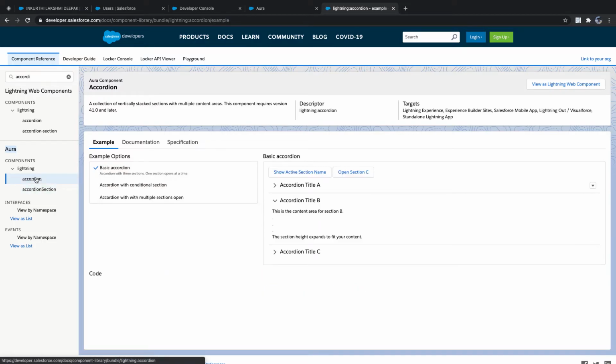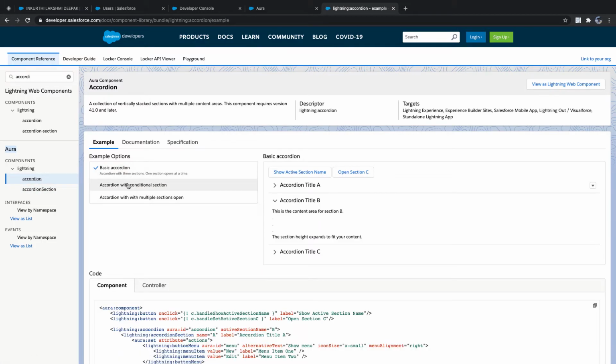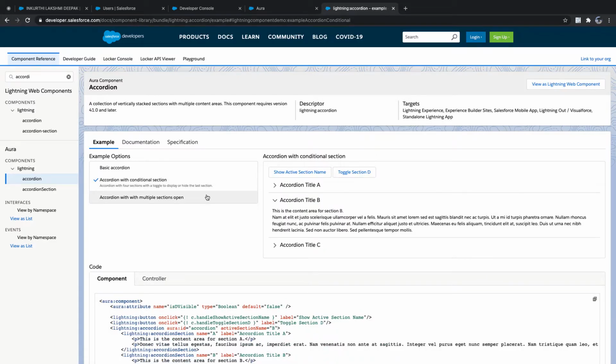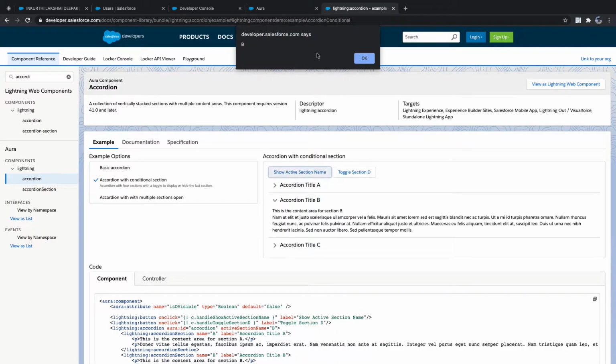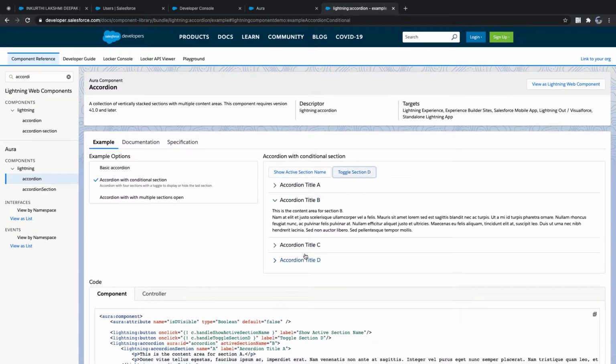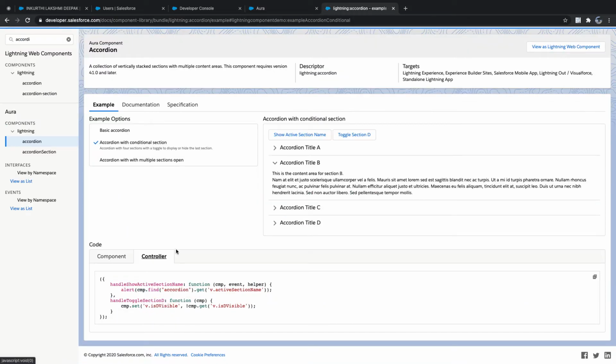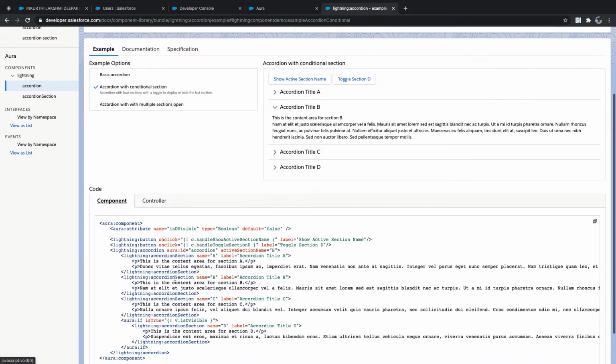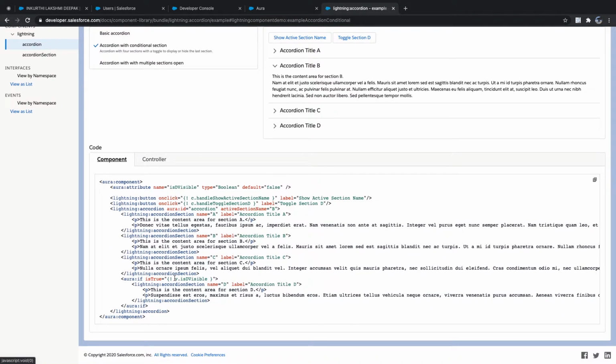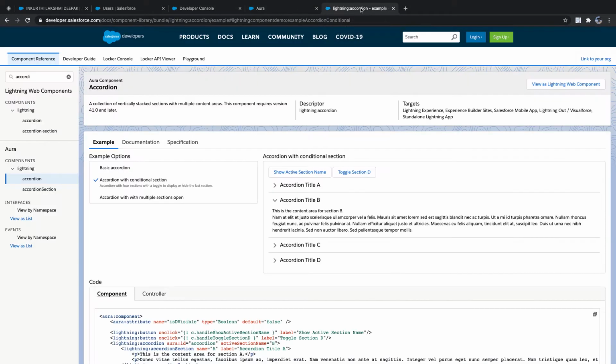You can change it. It's not something you need to pull. Let's say accordion on a conditional. I can see show active section name. Oh, B is active. Toggle D. D is not displayed. You can display it. So for the sample example, you have code here. You are seeing it, isn't it? Now let's say for now our background is coming like this only. Let me check it out.